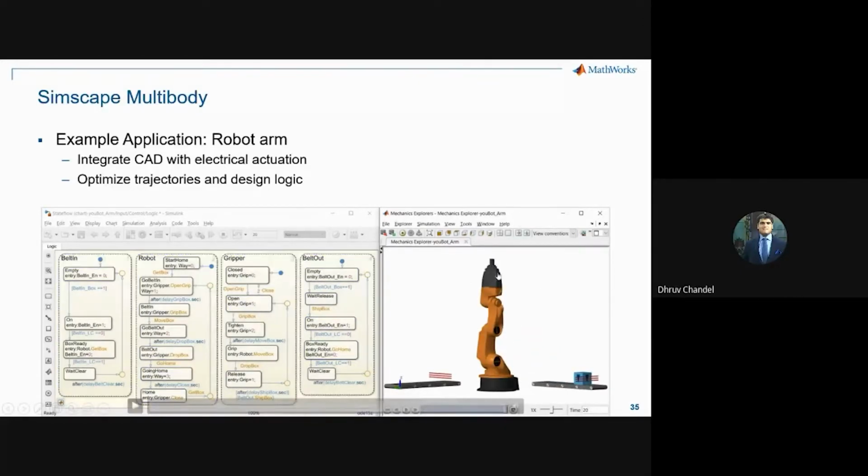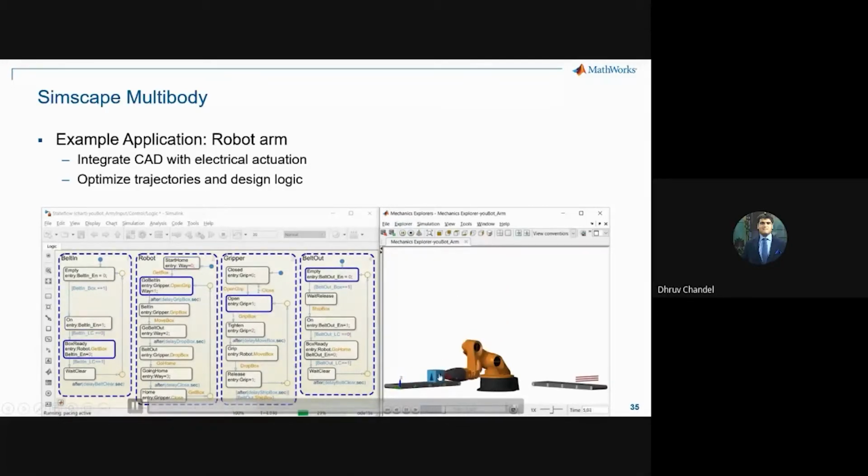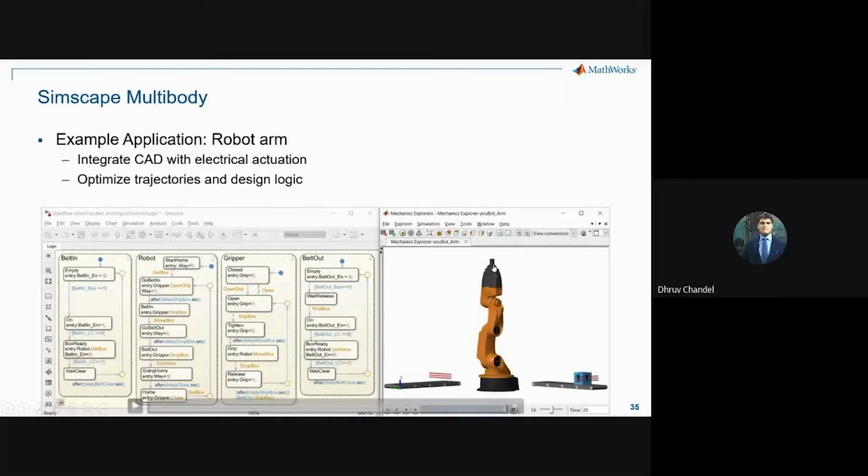But actually, if you're building a robot, you have to think about the contact dynamics between this block and the gripper. If you apply too little force, it's just going to slip because there's not enough friction. If you apply too much force, you might damage the object or you might burn out the electronics inside the robot arm itself. So in these cases, you actually need high fidelity models, which include the 3D CAD models, as well as the electrical circuitry inside, as well as the contact dynamics in the gripper head.